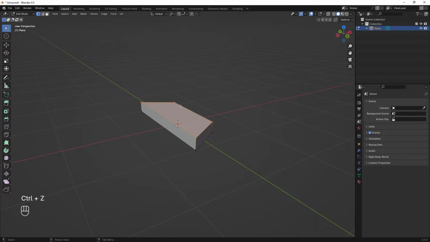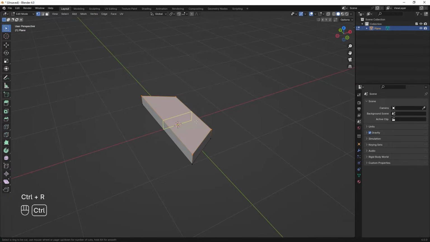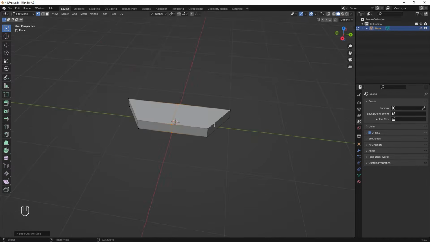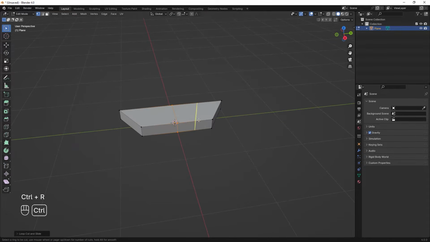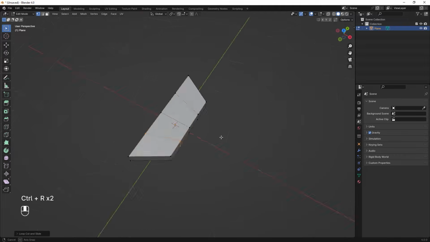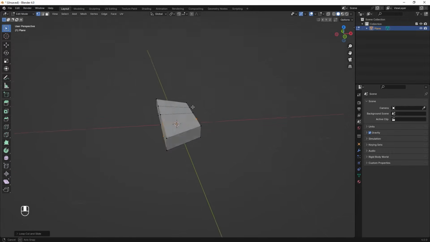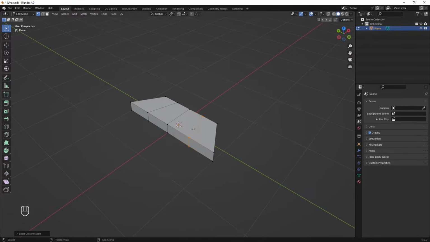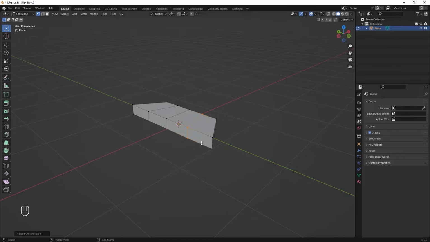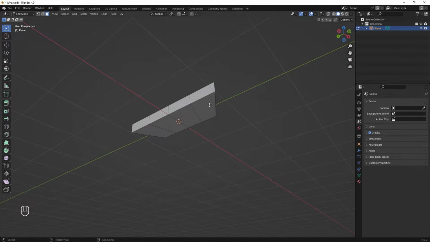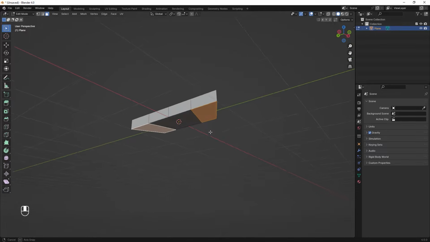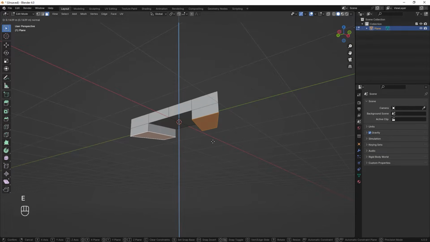Then I want to add a loop cut in the center, so I press Ctrl R, then I left click and I right click to leave it at the default position. And I also add a loop cut here and here, or you can just add one and increase it up to 3, increase the number of cuts basically. And yeah, just like that, I press 3 to go to face mode. I go here and I click here, or I hold shift and I select this face as well. I press E to extrude them down and I enter